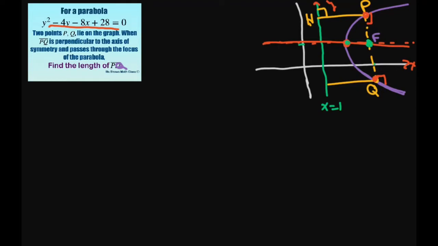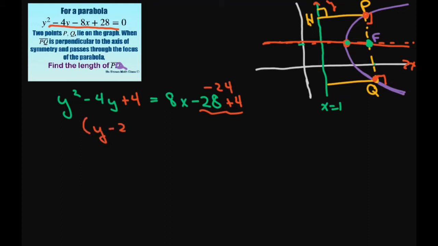So to find that, we're going to rewrite this. Group your y's together, and then group your x's together on this side. All right. And to complete the square, we're going to add 4 to both sides. This gives you negative 24. This side can be condensed. It's a perfect square trinomial now. I'm going to factor out an 8. I'm going to get x minus 3. Now, for the translation of, let's see, y squared equals 8x, and comparing it to this equation, it's 3 units